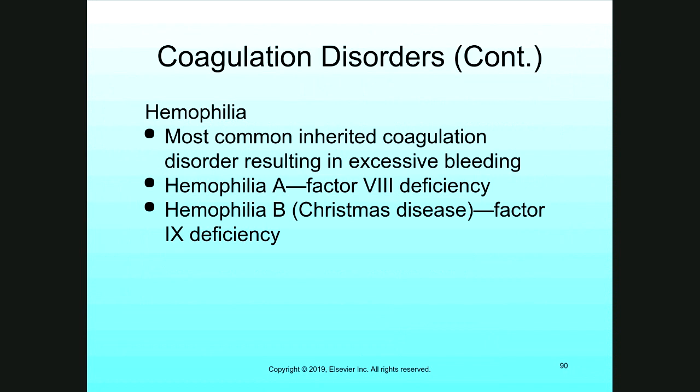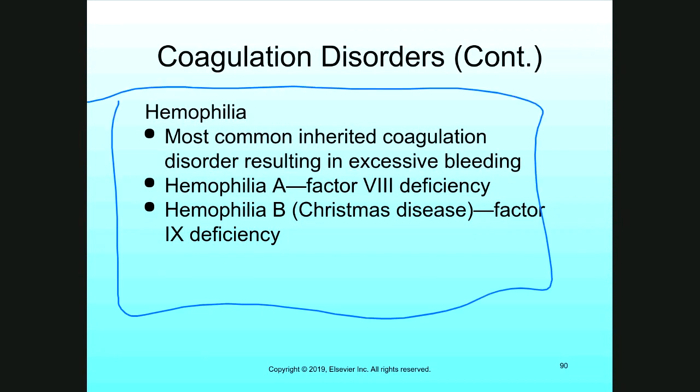Hemophilia, you already know I asked you something, and that is the reason I put this one again. This is one of the most common inherited coagulation disorders resulting in excessive bleeding. Hemophilia A is factor 8 deficiency, and hemophilia B, Christmas disease, is factor 9 deficiency. Because I saw many people still struggling with hemophilia, and because it's one of the most common, I am redoing the question in some of the tests. Not all people will get the same question, but there is a question on hemophilia, okay? Let's move on.